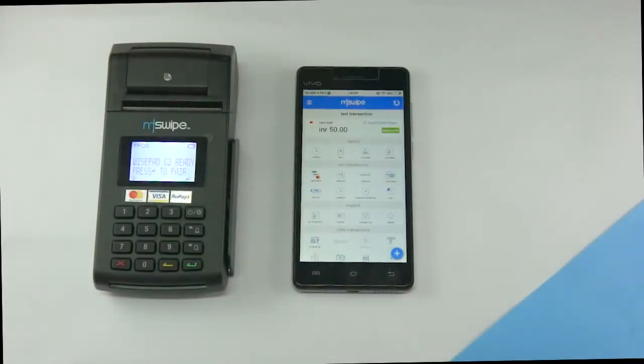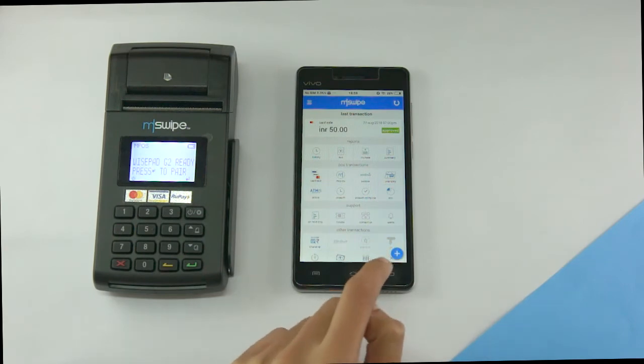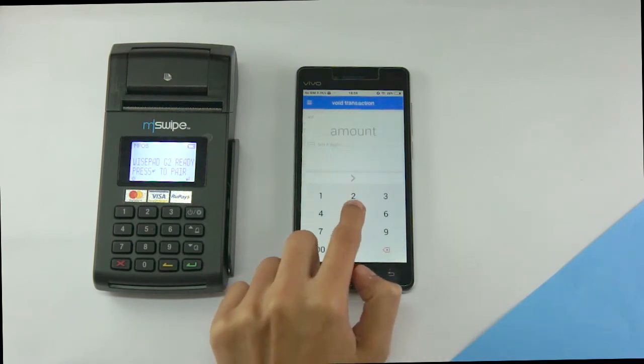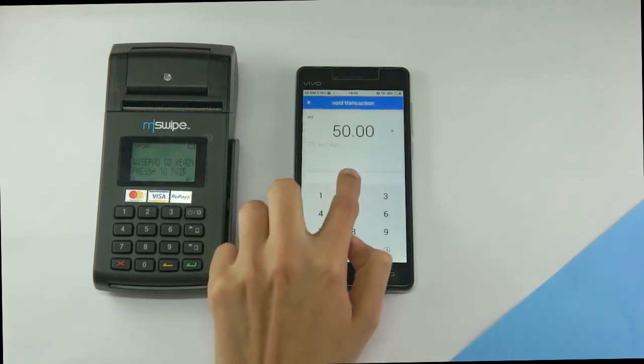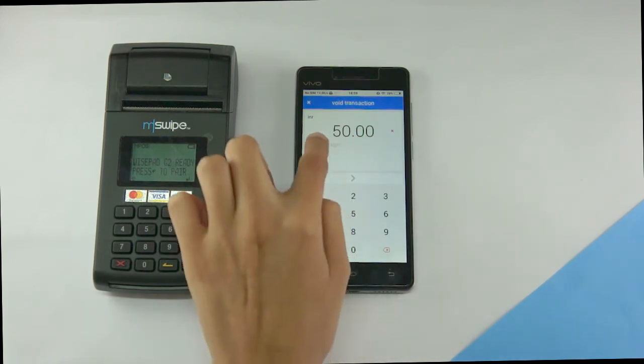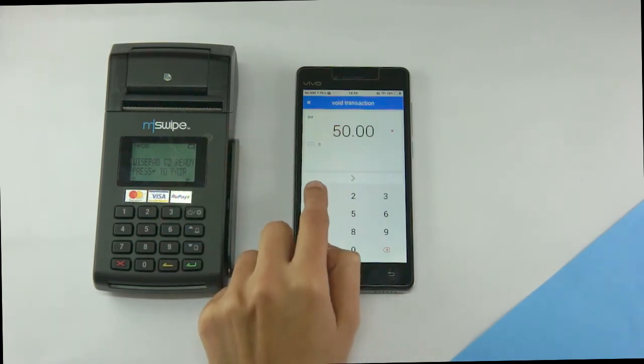Let's say by mistake a wrong amount is being entered and the merchant wants to cancel or void the transaction. I am now going to show you how to void or cancel the transaction. In the Mswipe Merchant app, you will see series of options in which you will find void transaction, enter the amount and last 4 digits of the card number